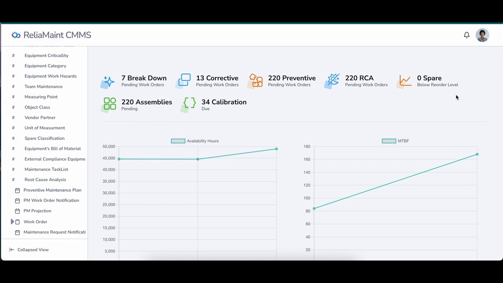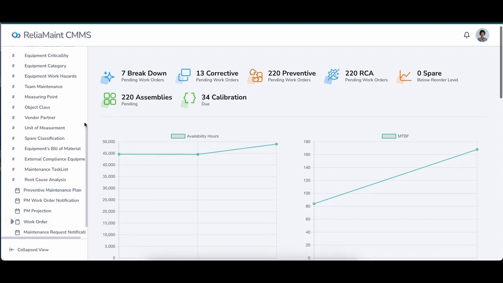You can see here, it is showing that 220 RCAs are open. You can have your own values.